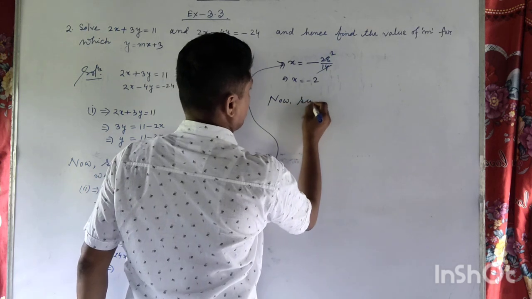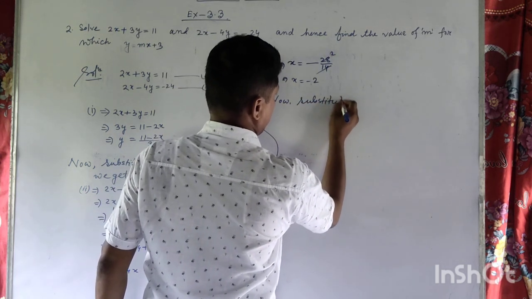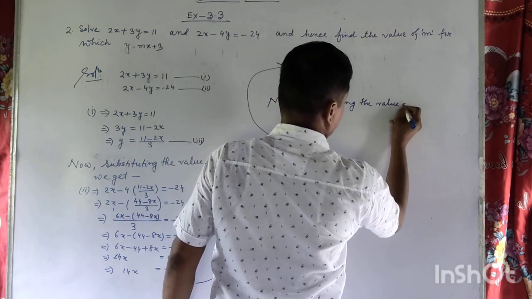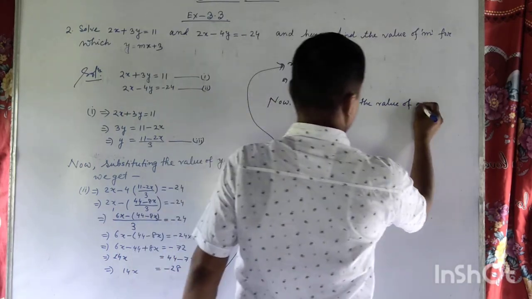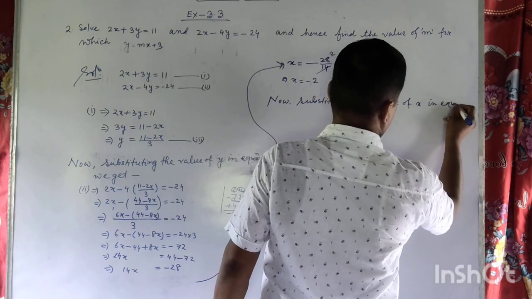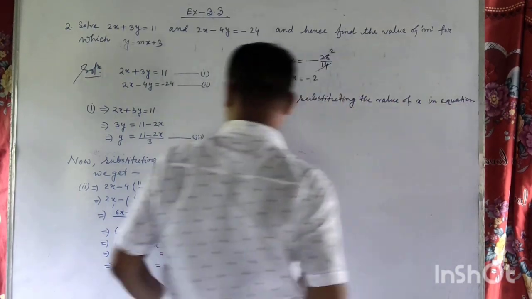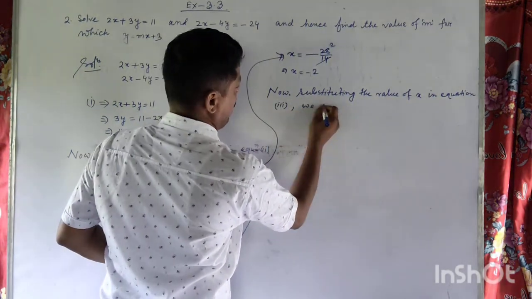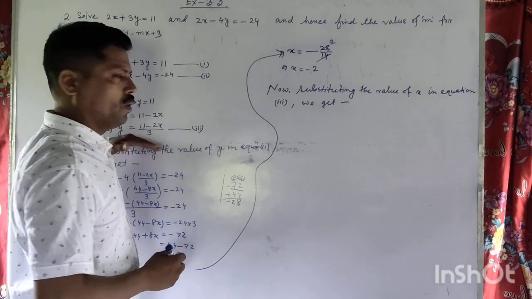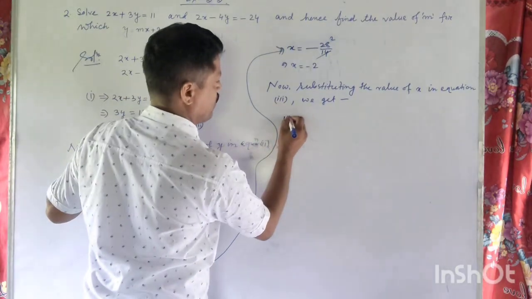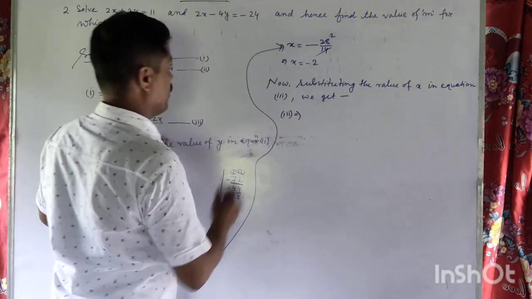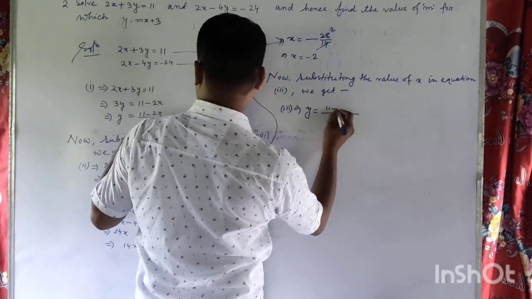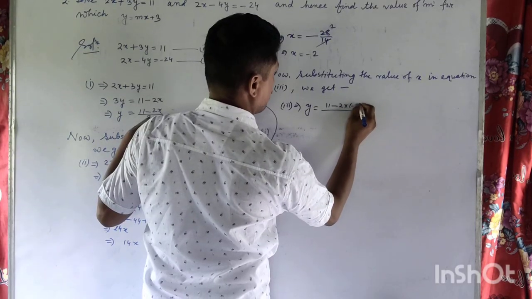Now substituting the value of x in equation 3, we get, so from question number 3, here we have to put the value of x, then y is equal to 11 minus 2 into minus 2